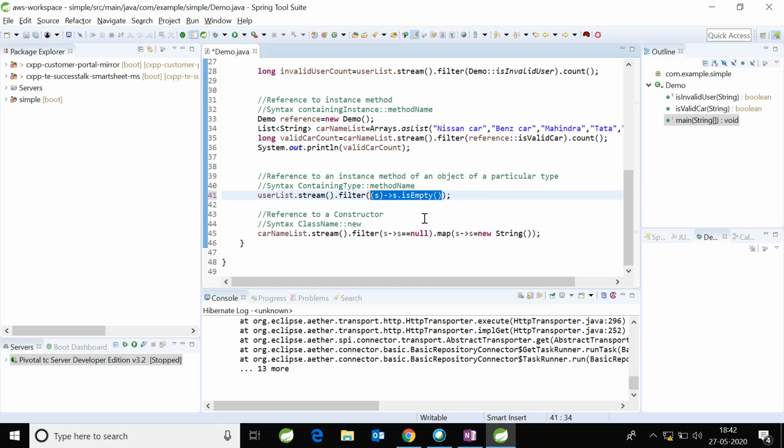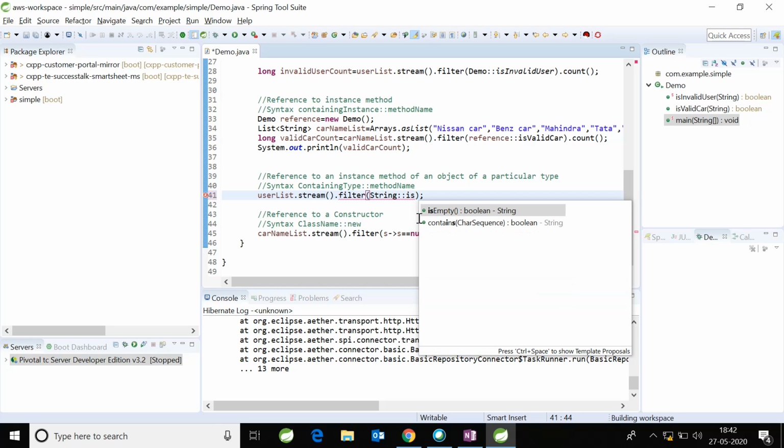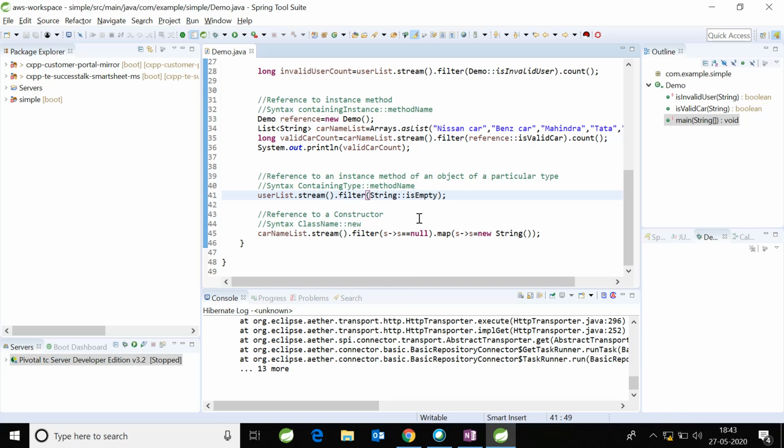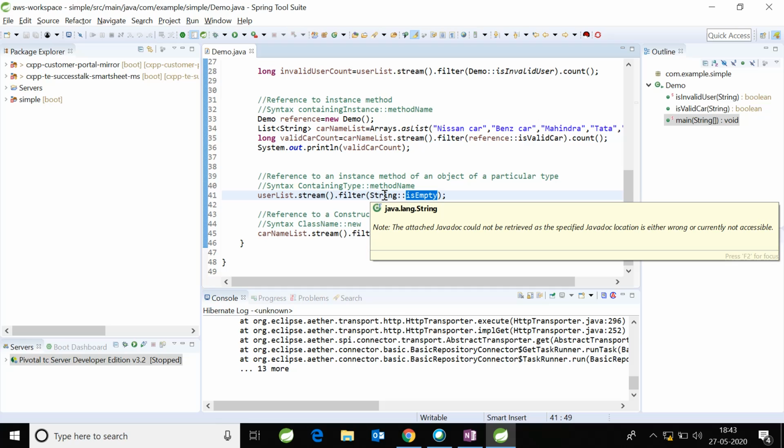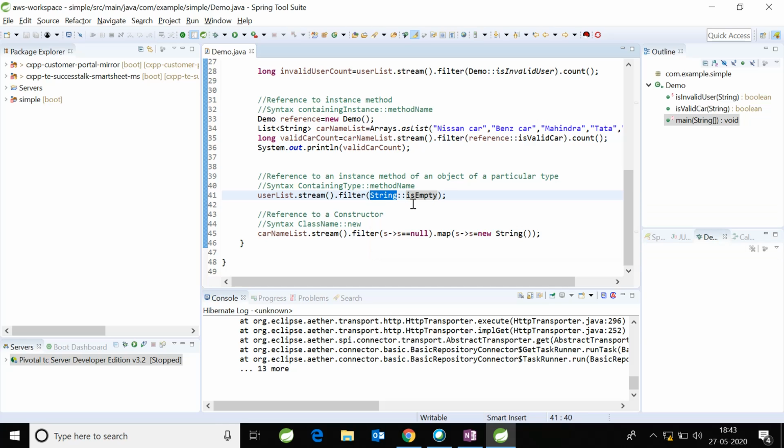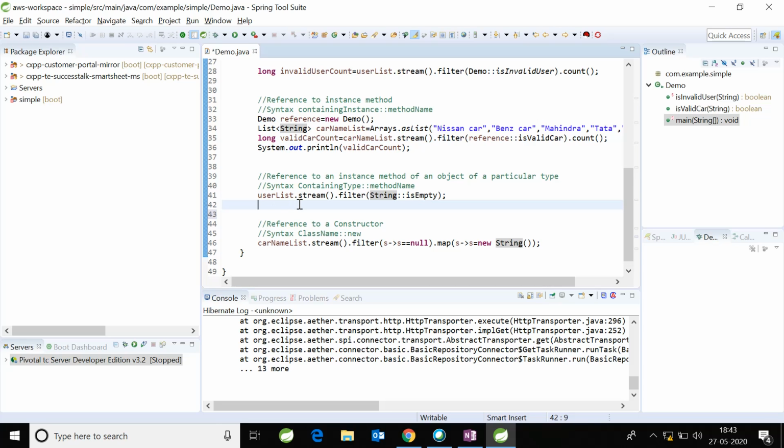So here, the lambda expression's containing type is string, so I will write String here. And what is the method? isEmpty. So this is not a static method I am calling, this is an instance method, and this is the containing type, that is String. So internally, what it will do, so I will rewrite.